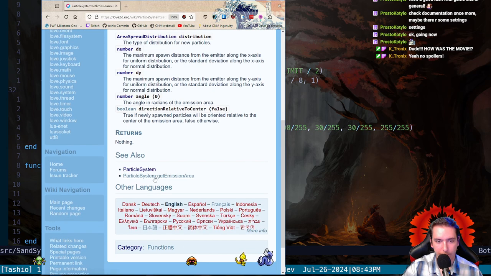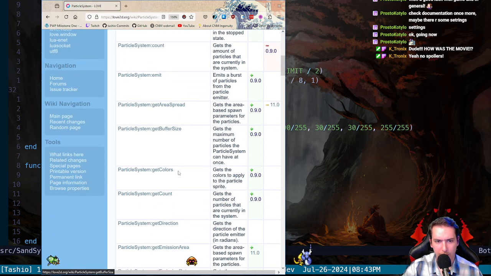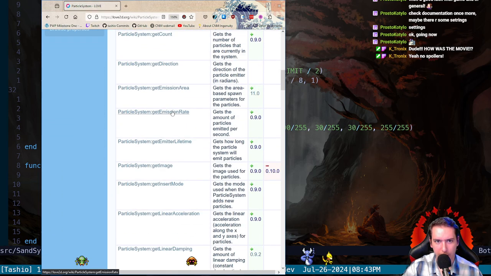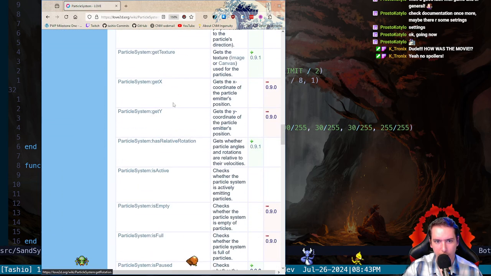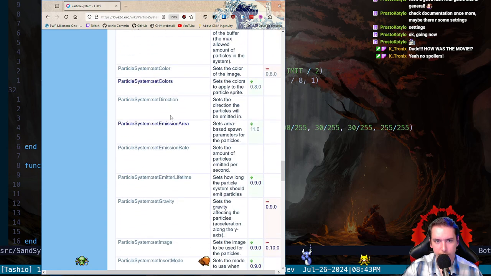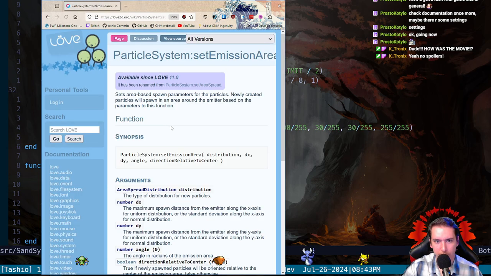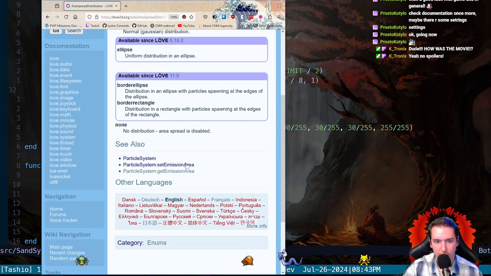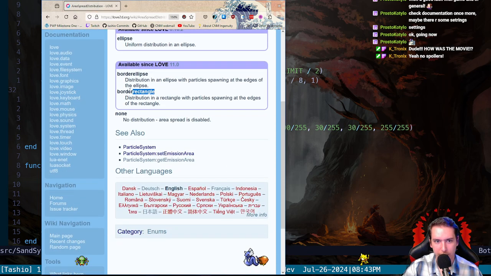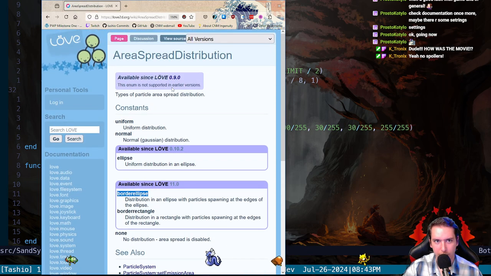Where are they? I know I found this set emission area. Distribution. What type of distribution? We've got border rectangle and border ellipse in the normal uniform. Okay, so